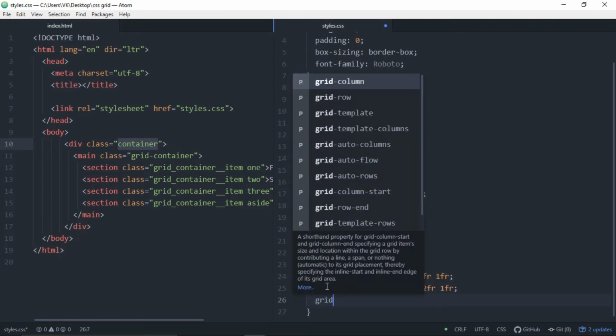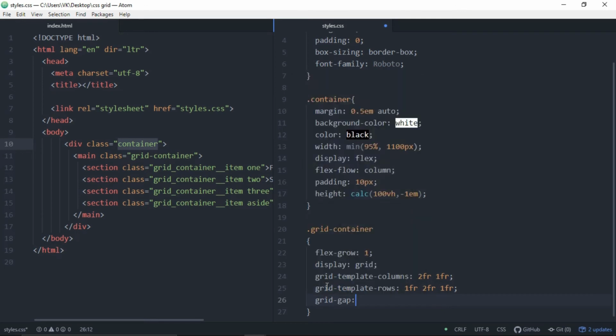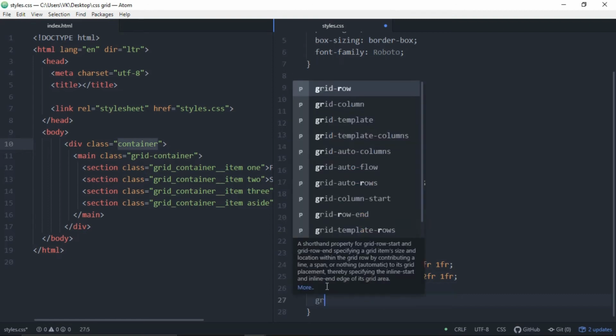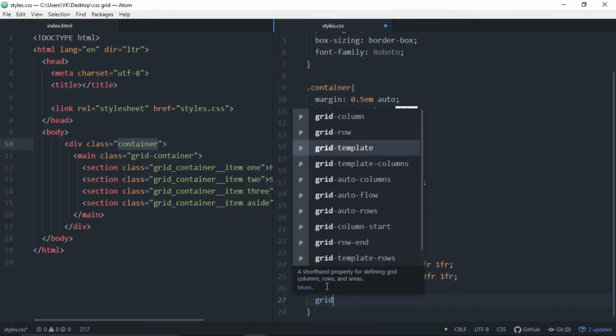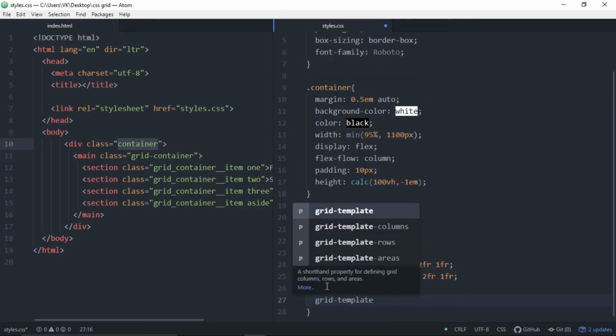Okay, so let's add some gap between the grids, which is 20 pixels, and let's add grid-template-areas, which is basically how we locate each and every grid on the screen.